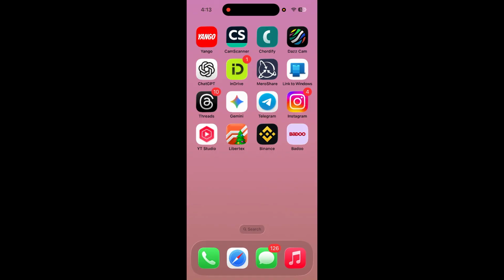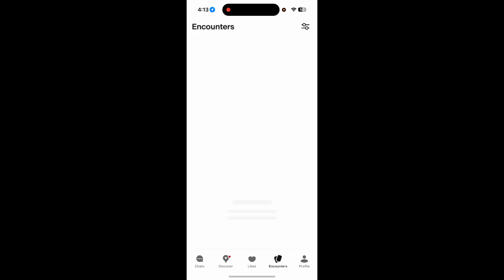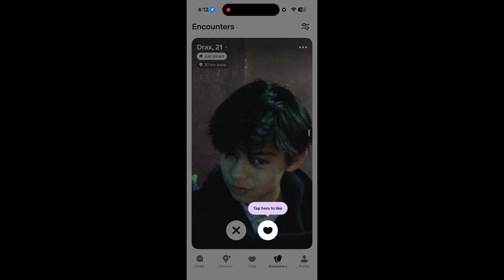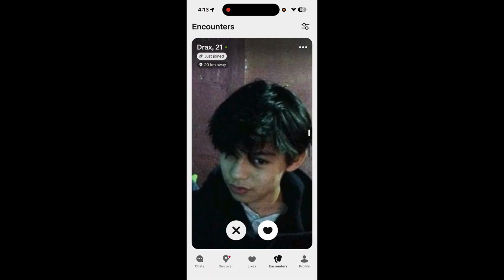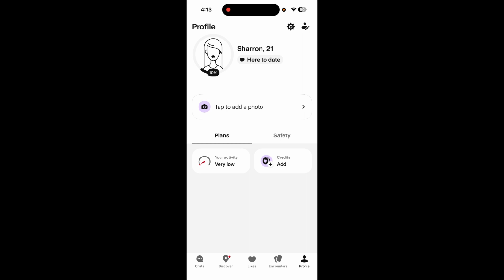First, you need to open the Badoo app on your phone and make sure you are logged in already. And over here on the bottom right, we can see there's a profile icon. Select the profile icon. And over here, when you reach the profile interface, on the top right corner again, we can see there's